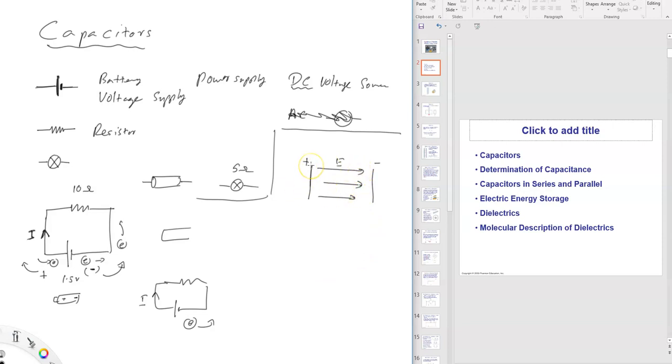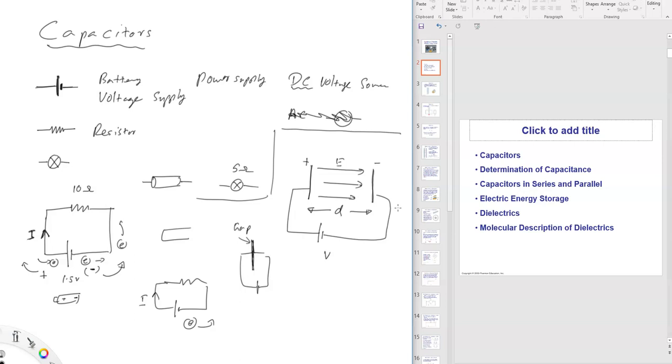Okay? So in practice, how do we do this? If we have two metal plates, we connect them to a battery with some voltage V. Now the plates have to have some separation between them. You can't do this if the two plates are really in contact with each other. That won't work, right? If they're in contact with each other, there won't be an electric field. It acts like a single conductor. So this doesn't work. There has to be some gap in between them, some separation d, some distance.